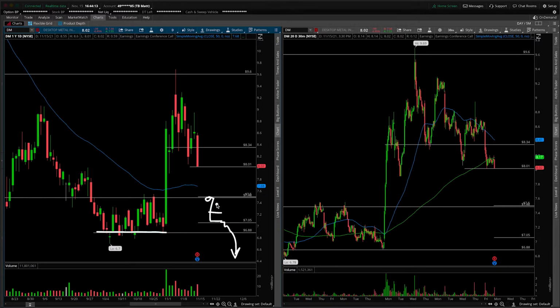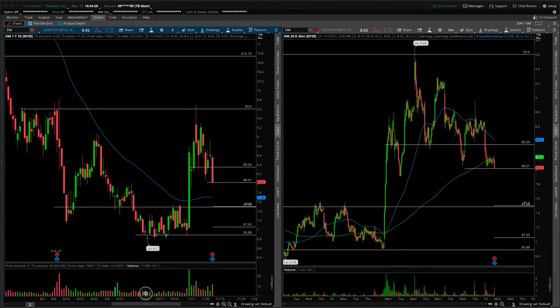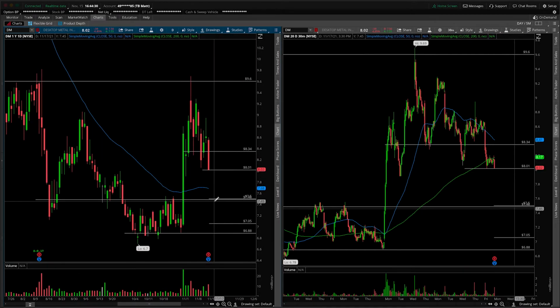And you're already asking for a lot out of the stock. Note that the daily range for something like that to happen would really be like this if you're going to capitalize on the break of this shelf of support at $6.88. So to me, it's going to be a wait and see kind of thing here inside of Desktop Metal on both instances, both for the gap and trap, the trade higher, or the gap and go, the trade lower. The setup as of right now is just not picture perfect. It's going to be a little bit more difficult to pull off, so just be aware of that.